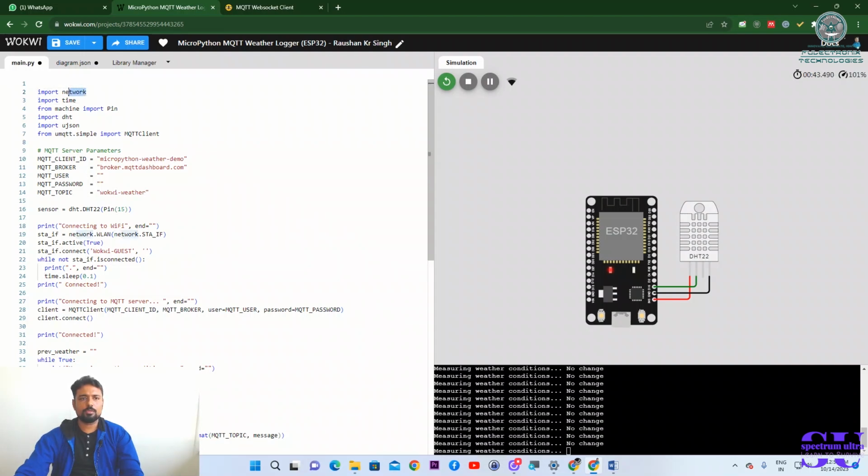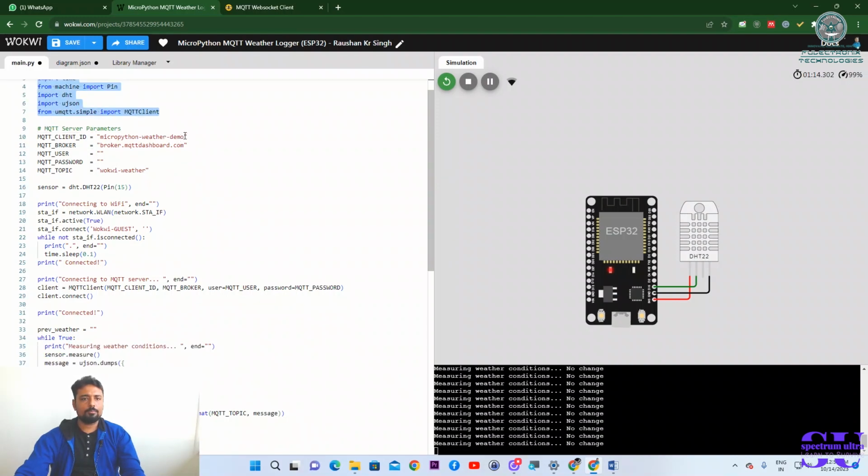Okay, so these are the important protocols. We are just using the network, so for that you have to import network. Then you have to import time, to know at what time this type of topic is actually working. Now that will be displayed here. Then from machine import Pin, because we want to connect it, so we need to import the pin values. Then we are using DHT sensors, and the JavaScript file is actually there, so for that purpose, that also we have to import. Then from MQTT client we have to use, because we are the MQTT clients. So these are just the basic things that you have to use.